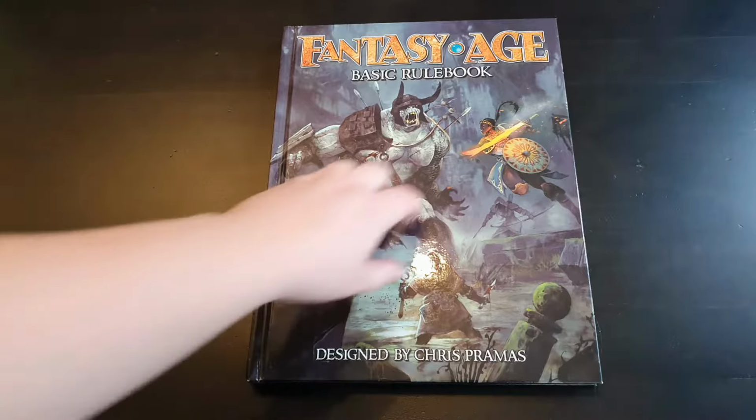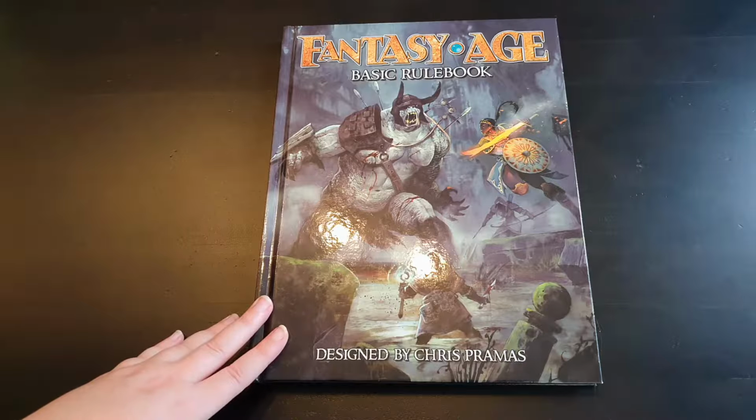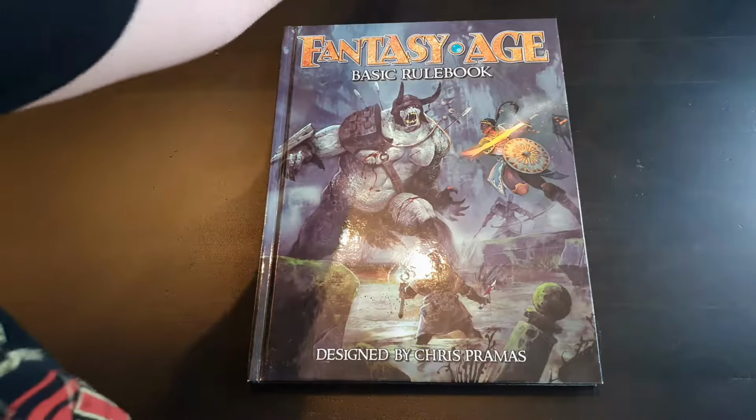And the AGE here stands for Adventure Game Engine, and it is an engine that they have used for several settings now, actually, not only Dragon Age, but also, for example, you have Titan's Grave, which uses Fantasy Age, and you might have seen this one on Geek and Sundry, for example. And you also have